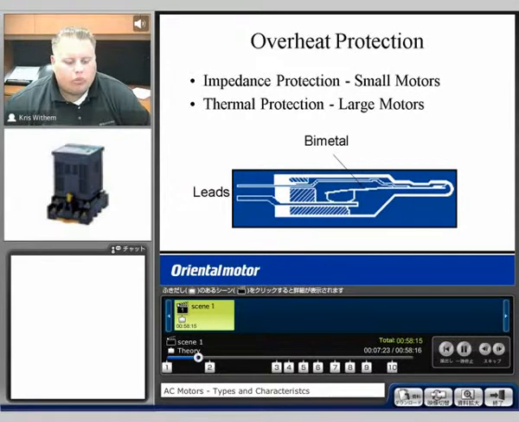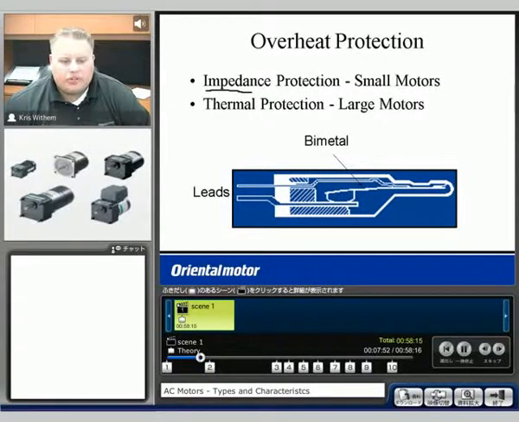Now, overheat protection: we do offer something to help protect our motors. All of our standard AC motors have temperature protection. The smaller motors that we have, 1 watt to 6 watt, are impedance protected. These are real small size motors. As the temperature rises, the winding resistance will increase. When the resistance increases, the current reduces. Basically, a reduction of performance is then going to be seen. The motor's not going to have enough power to continue turning, so it's going to start slowing down and then suddenly come to a halt. Once the heat dissipates, the motor will be able to start back up and resume